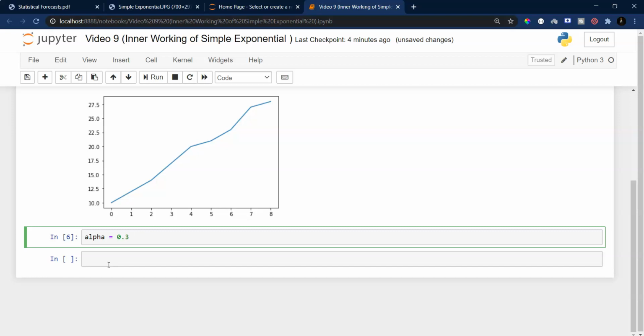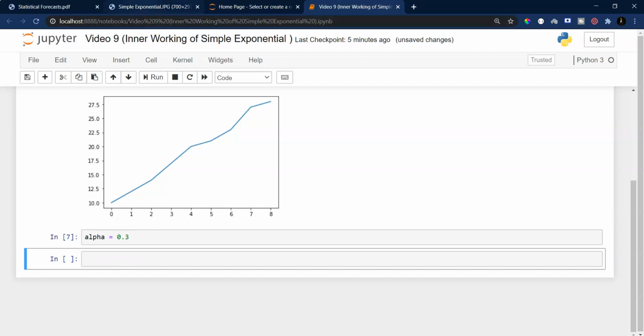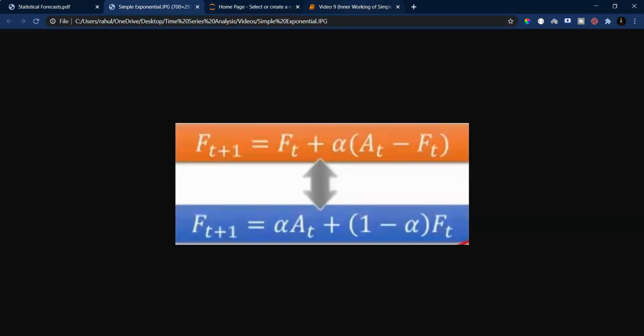I'll tell you exactly how these values are computed in the backend of sktime and in other packages. But right now what I want to show you is how this algorithm works, how this formula actually plays out in real sense.